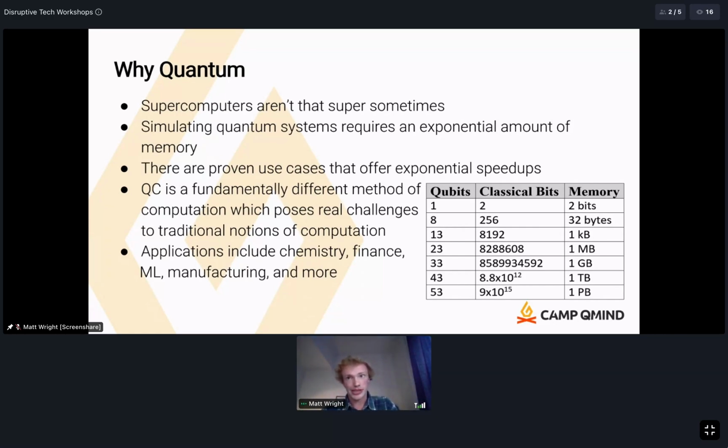There are also cases in which it can become intractable to simulate quantum algorithms purely based on memory. So in Shor's, we're talking about leveraging quantum effects to reduce the number of operations, right? But there are also applications where you can leverage quantum phenomena to reduce the total amount of memory required to run algorithms.